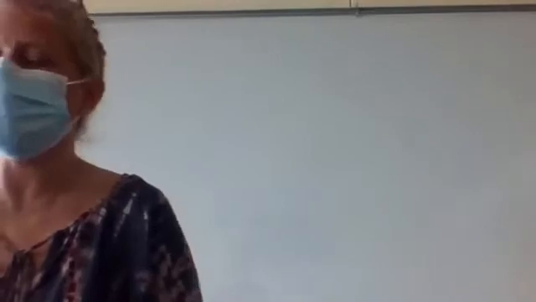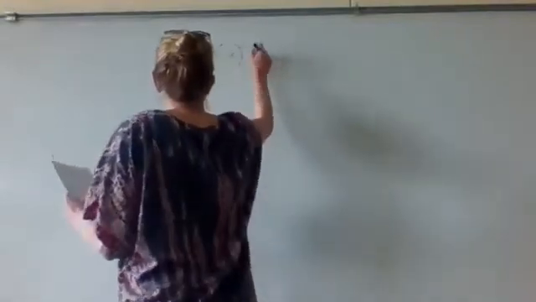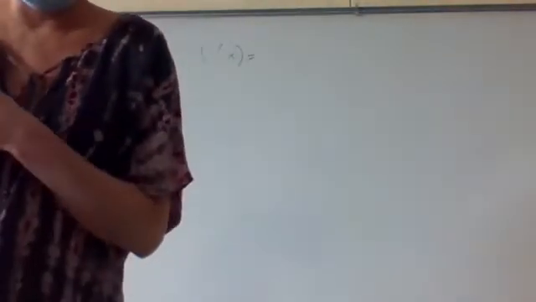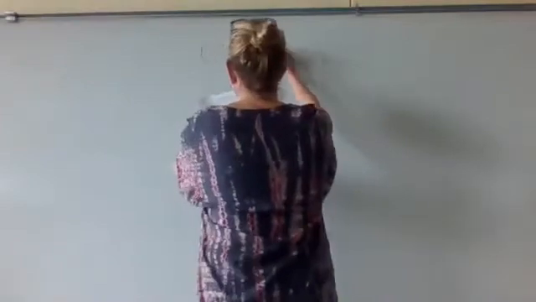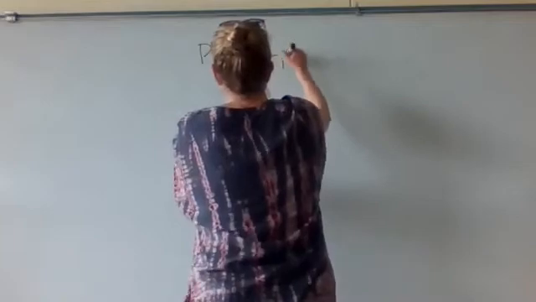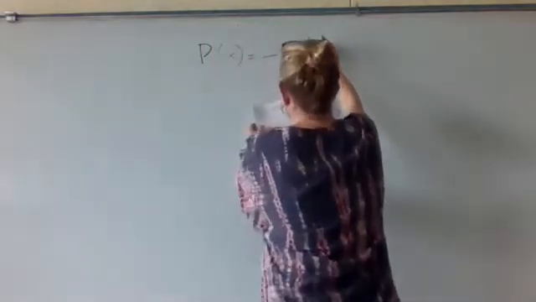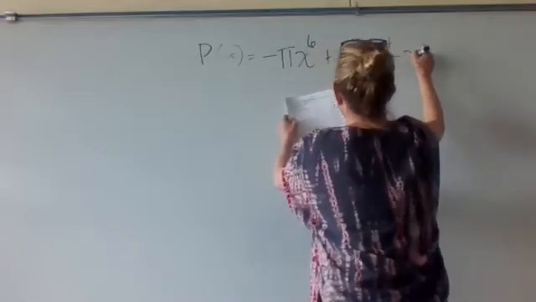Talking about the end behavior of the graphs. Now remember, when you're talking about end behavior, you want to look at the leading term, the term that has the highest exponent. So on number 1, I guess it's p of x. You have negative pi x to the 6th plus x to the 5th minus x to the 4th minus x